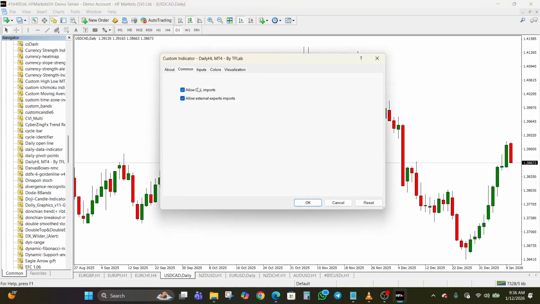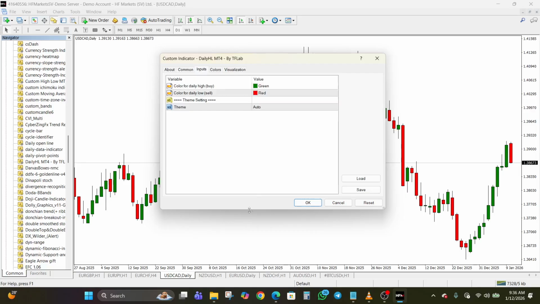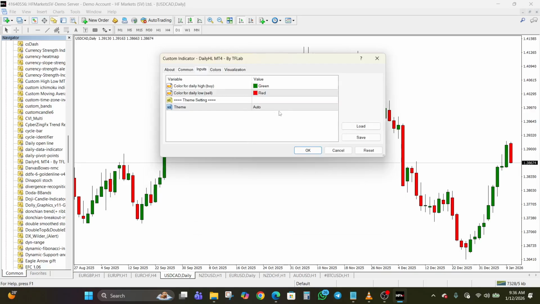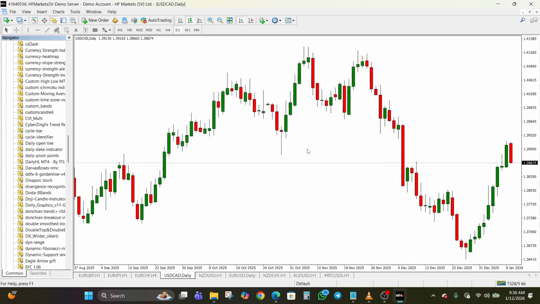Ensure that the allow DLL imports box is checked, and now we can see the few customizable settings here, basically the colors, right? Now we can see that what this indicator does is to boost your market awareness, right? It looks as if it just changed the color of our candlesticks. Okay, so it's automatically